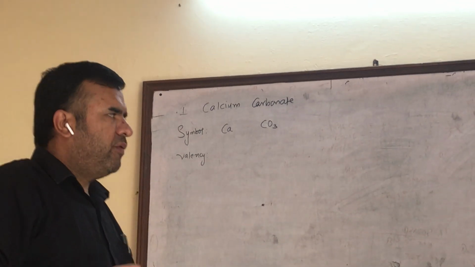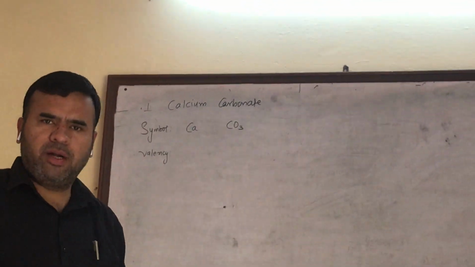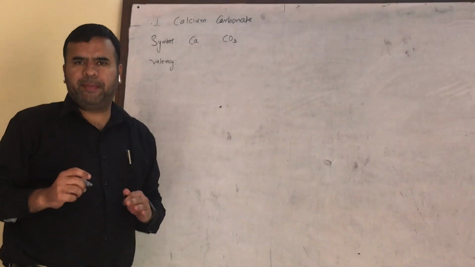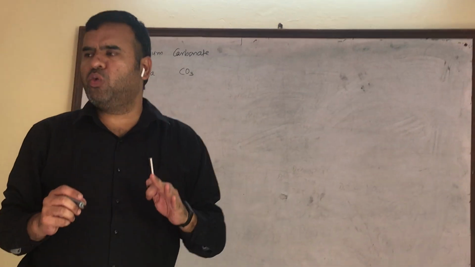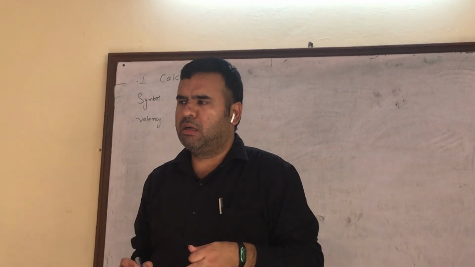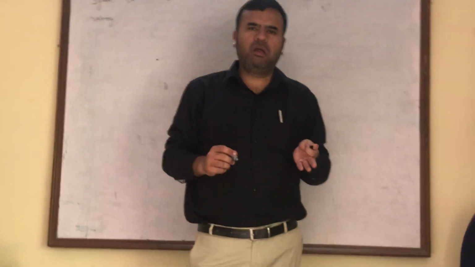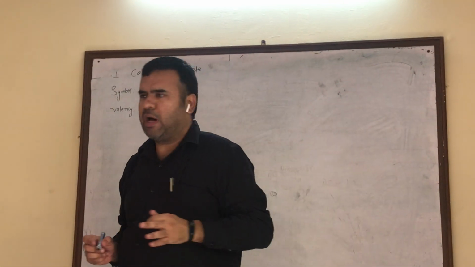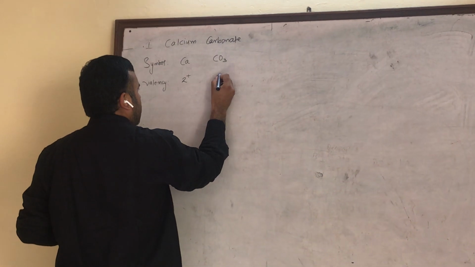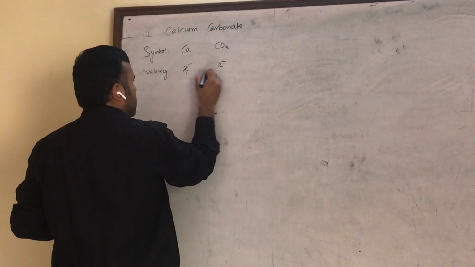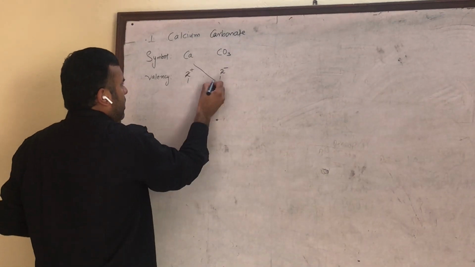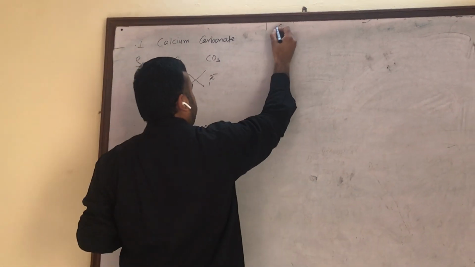Calcium, its atomic number is 20. Electronic configuration is 2, 8, 8, 2. Valence electrons are 2. It's a metal. In case of a metal, valency is equal to the number of valence electrons, and all metals have positive valency. This is a radical. It is of negative valency. When this 2 and 2 is there, cut it, 2 to 1, 2 to 1. This is called the crisscross concept, my dear students.